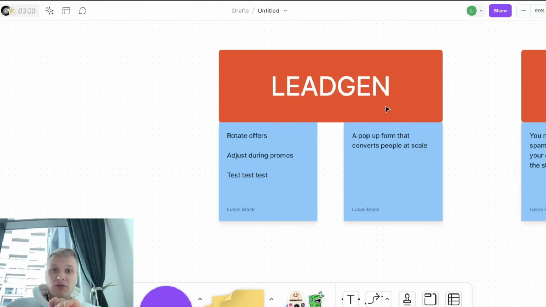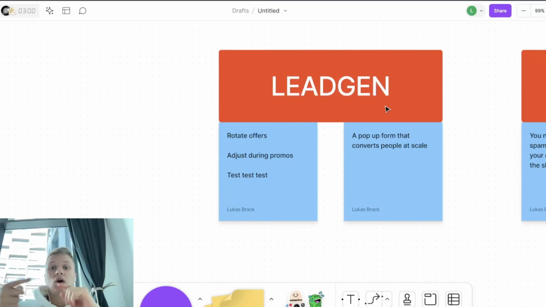First of all, you want to have acquisition nailed in and focus on that so you can actually get quality traffic onto the pop-up form. And then the pop-up form itself, you need to take a look at different things. And the last thing, like the least leverage when it comes to the pop-up form, is actually design.